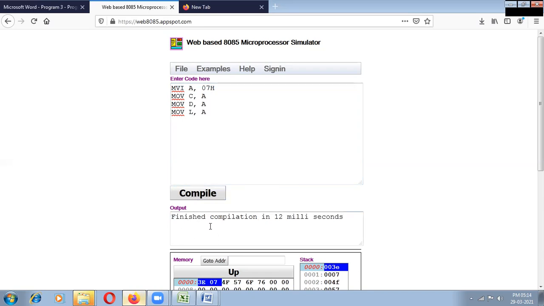Compile. Any error? No error. If any error, for example, some students forget to put move C, comma A like this, it will give error. So you need to put move C, comma A, then compile. No error.